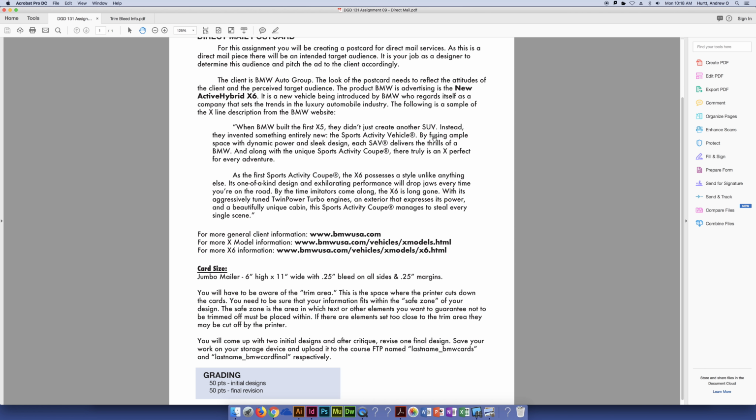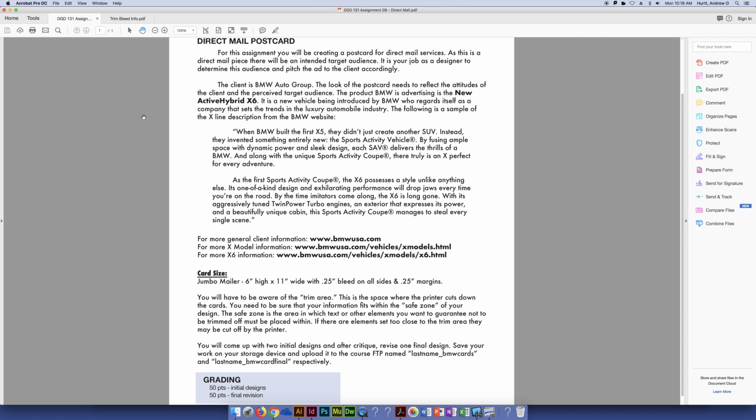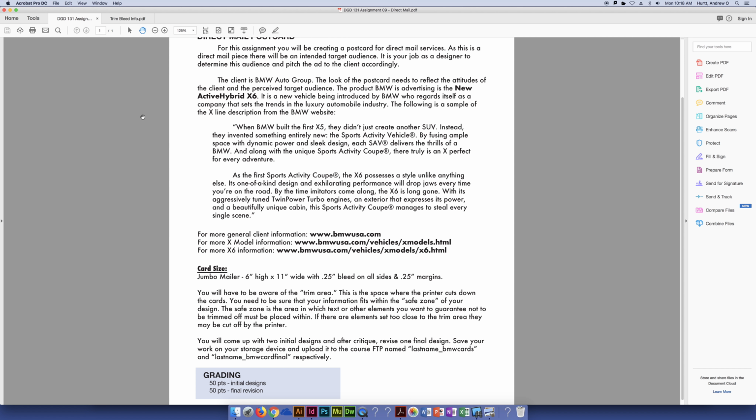But this is absolutely true. BMW regards itself as a company that sets the trends in the automobile industry. Every auto company likes to think of themselves as the innovator, right? They want to be the first to do it, it's sort of a weapons race. They want to be the first to whatever. But BMW, and most of the higher end luxury manufacturers, do sort of set the trends and set those innovative things, because it starts with